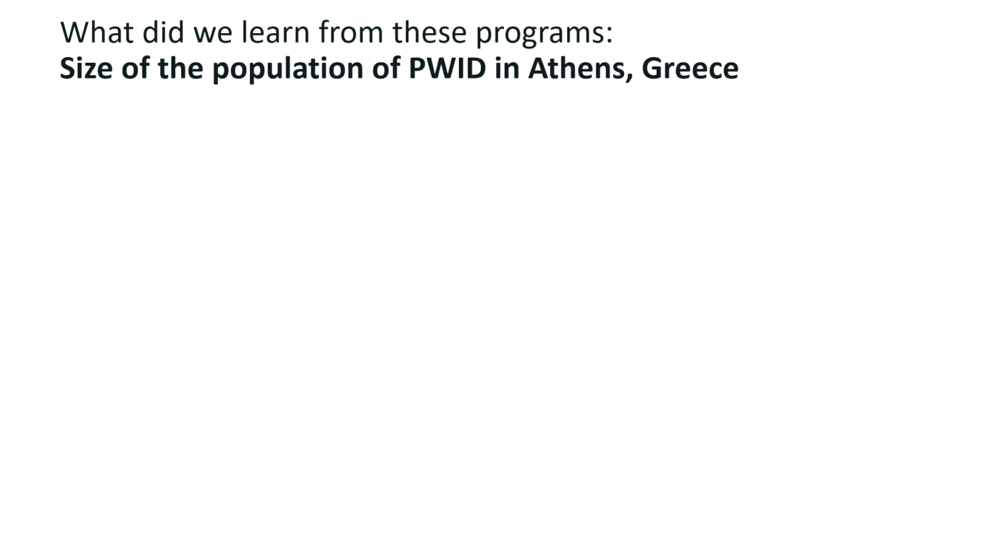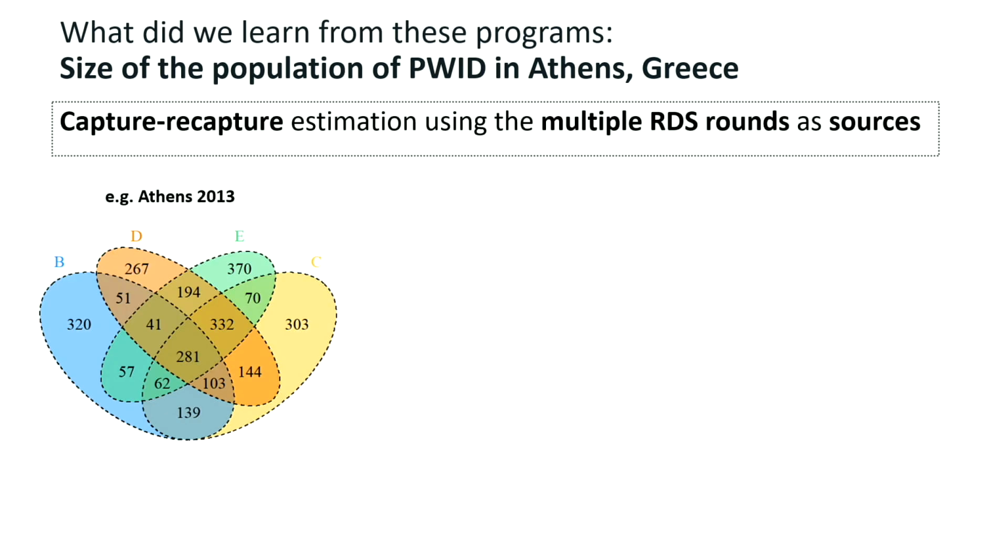And the final thing that was very useful for us is that we were able to obtain another estimate of the population size of people who inject drugs. Based on this number, a lot of indicators are calculated. So we have annual estimates based on the number of people who enter drug treatment programs, and we wanted to use this new data set where we have people who are not necessarily linked to opioid agonist treatment programs. So we used